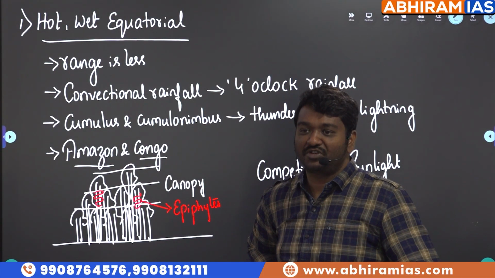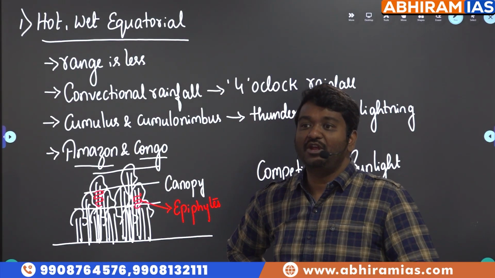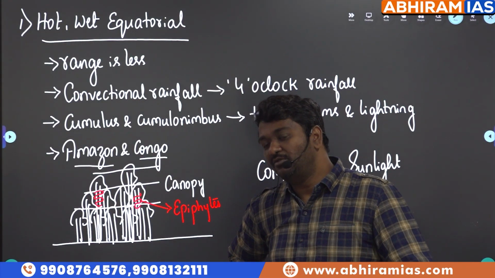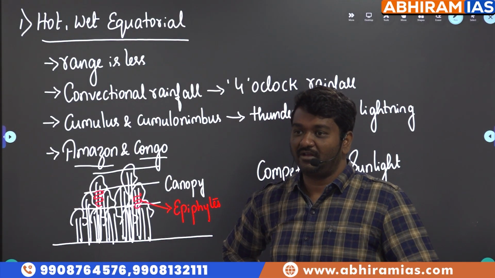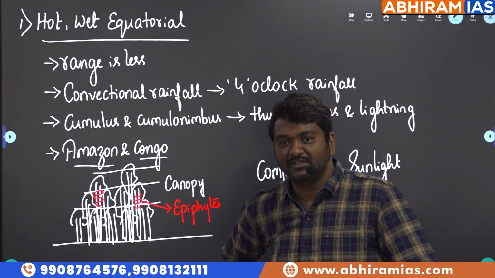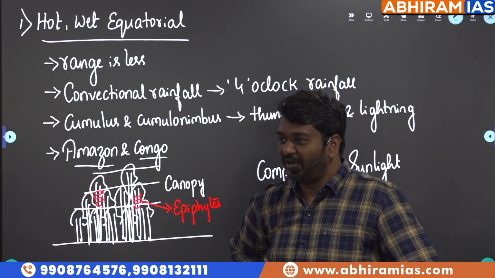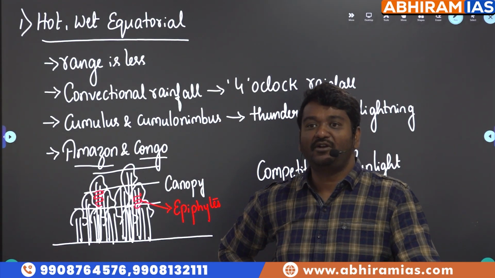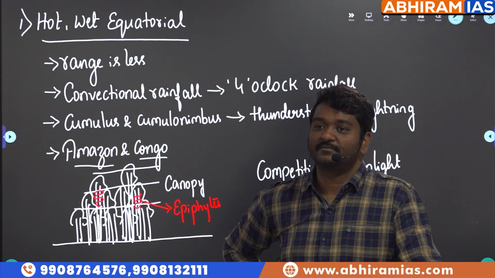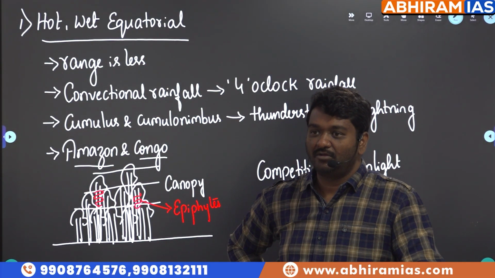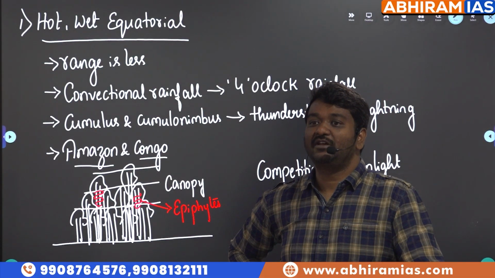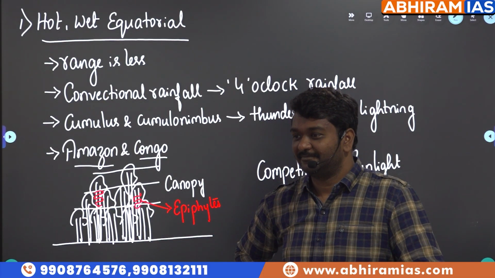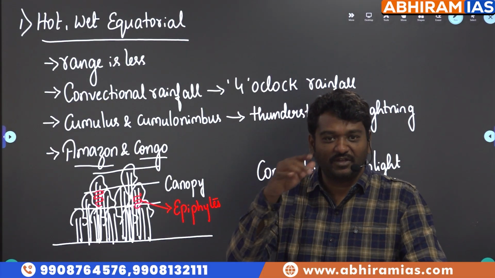If you take 15 years of question papers, 4 times the question was about equatorial climate only. Once they asked about rainfall every day in the morning; second, third, fourth time, every time it is about epiphytes. The epiphyte word is very crucial for hot wet equatorial climate. They might not give equatorial climate, they may give the Amazon basin or the Congo basin. Remember, Venezuela is in the news. They may ask about climatic conditions, something of that sort.